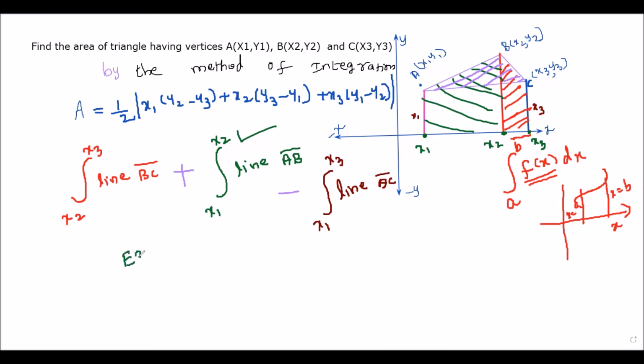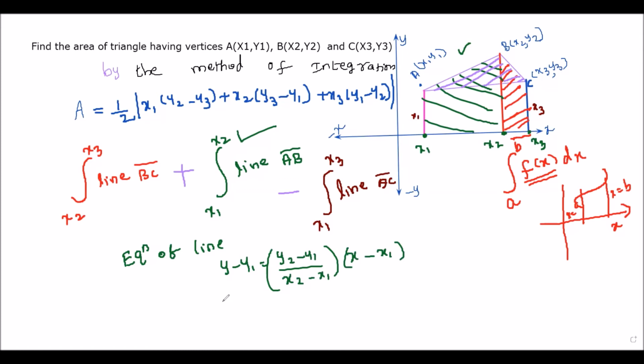Now, how can we find the equation of a straight line passing through 2 points x1, y1 and x2, y2? Here the 2 points are x1, y1 and x2, y2 only. So directly I'm going to use the equation of a straight line passing through 2 points x1, y1 and x2, y2, which is nothing but y minus y1 is equal to slope m times x minus x1. Here my slope is again y2 minus y1 divided by x2 minus x1. Right? This is the slope, times x minus x1. So this is the equation of the line AB.